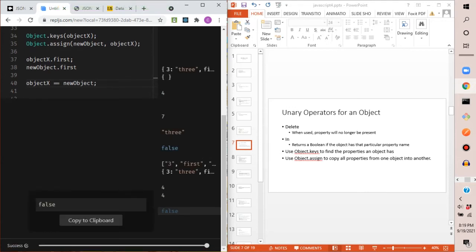Interesting, it's false. Object X does not equal new object, but we just copied everything over. Interesting. Okay. What if we do triple equals? Does anything change? Nothing changes. It's still false. Okay. I think the reason that it does this is that you're basically taking the properties and copying them into the new object. Doesn't mean that the objects are equal. So